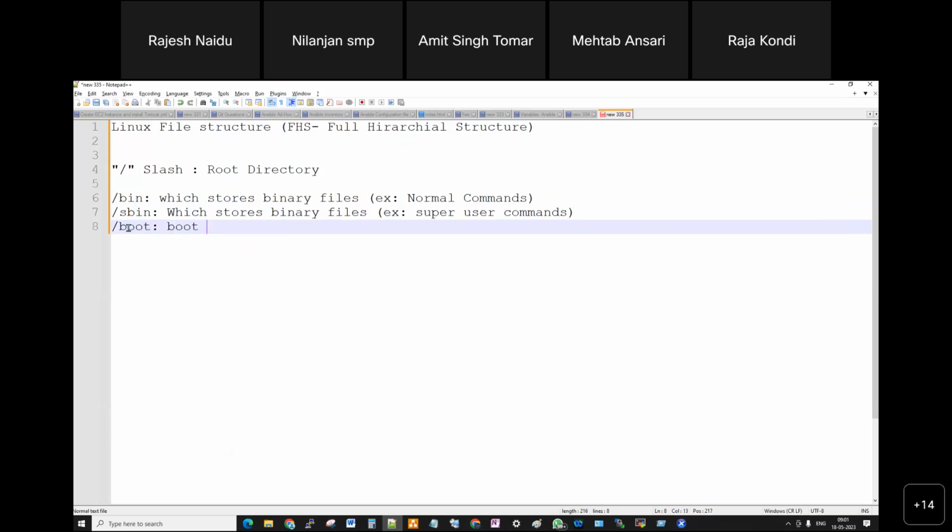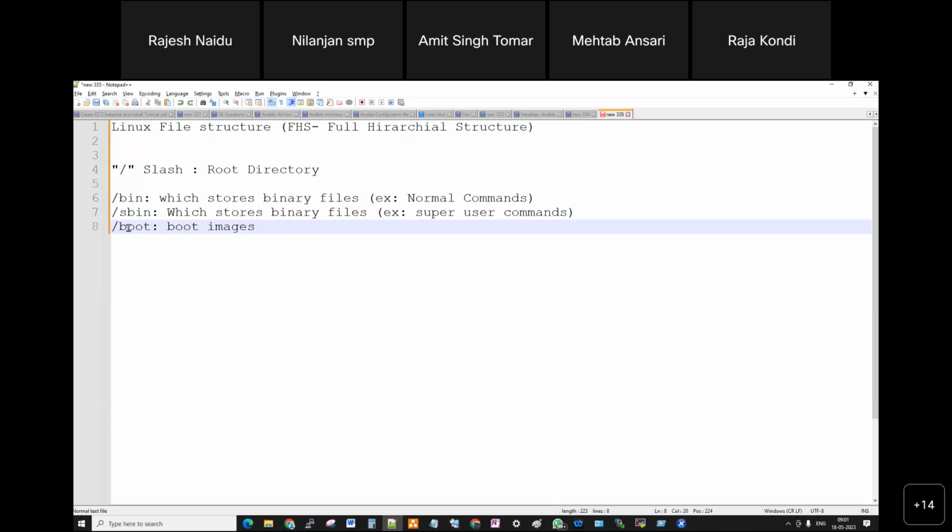So boot images will be available in this particular directory. When you turn on the system, the main configuration files will be loading and it will be running the operating system and displaying the console. The main configuration files are nothing but boot images.